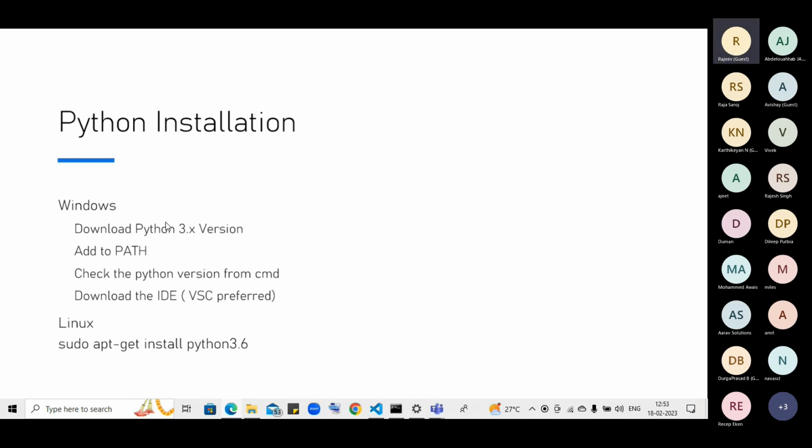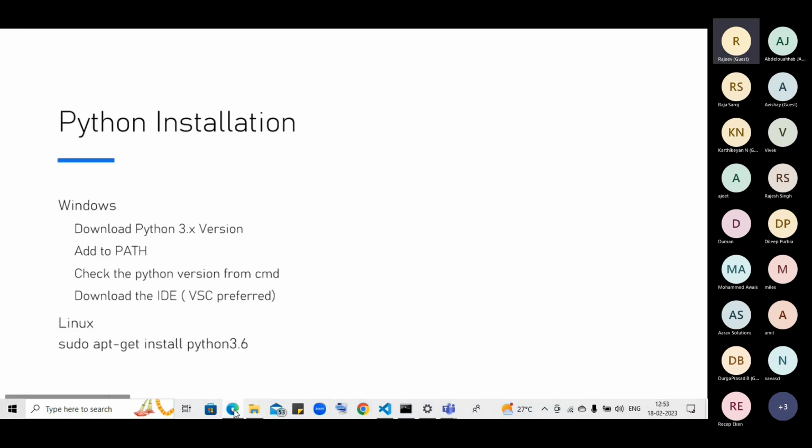What version? What I recommend is that you all download Python 3.6 or above: 3.6, 3.7, 3.8, 3.9 or 3.10. Not 3.11 or 3.12, because they were only recently updated. So 3.6 to 3.10 you can download from the website,